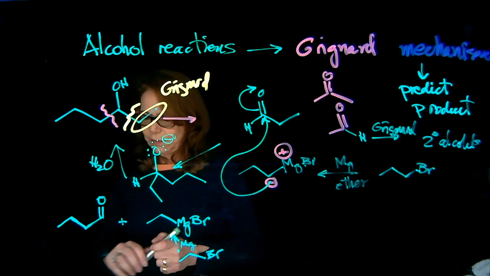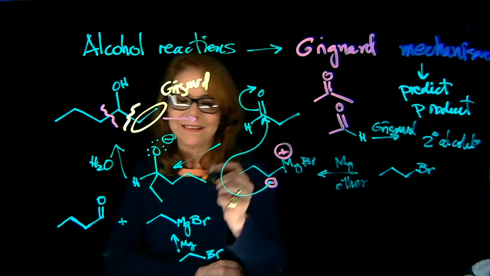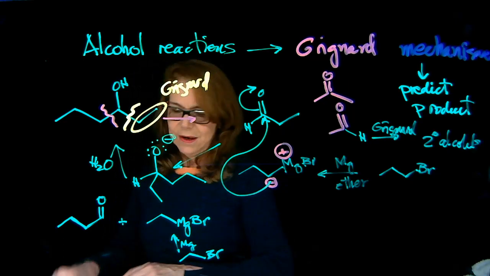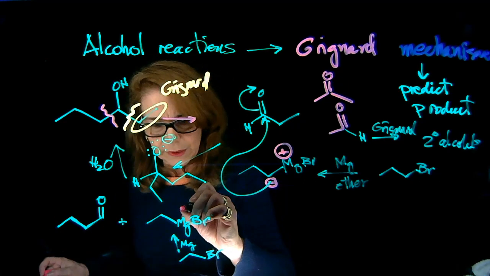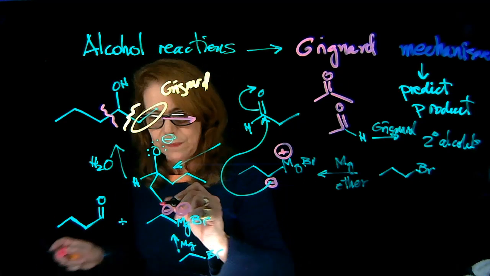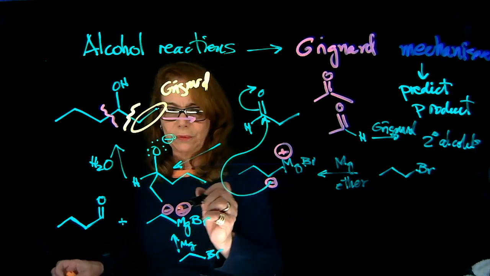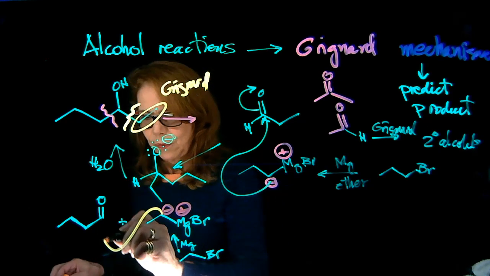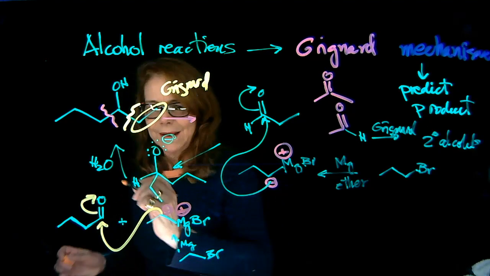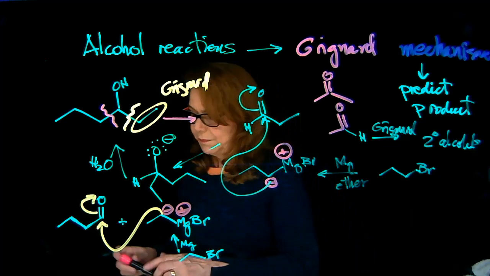So now we can always check if we did it correctly by doing the reaction. Remember, the polarity of that bond is this way, and you will do the nucleophilic attack over here, over the electrophilic carbon,